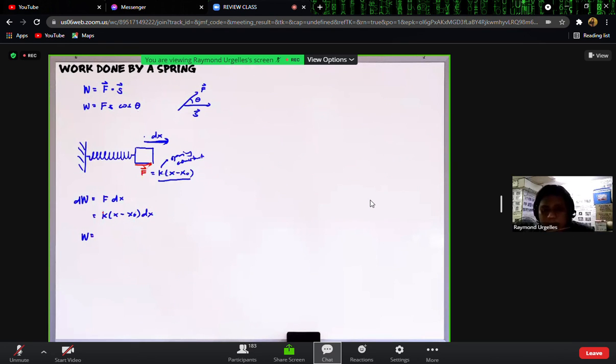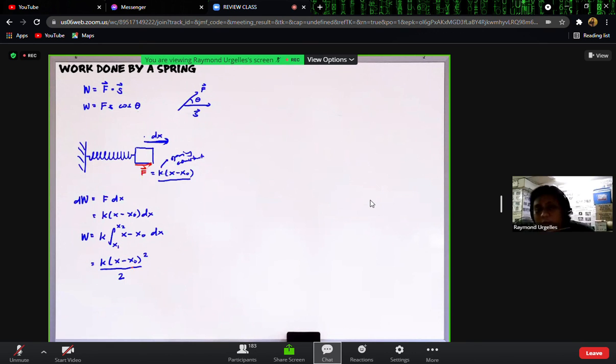So again, during its process of moving, you will get that the work done will just be equal to, so k is constant, the integral of x minus x sub 0 dx, over its entire motion. So for example, from position 1 to position 2. When we do that, this will just be k multiplied by x minus x sub 0,